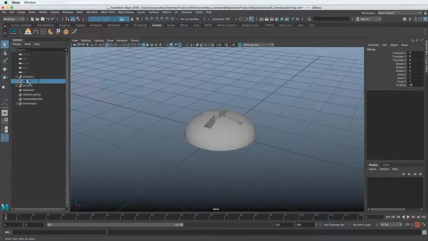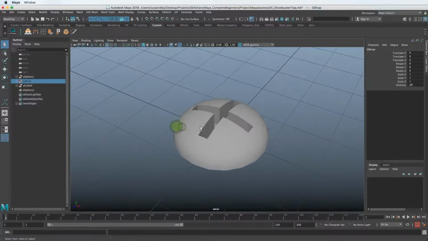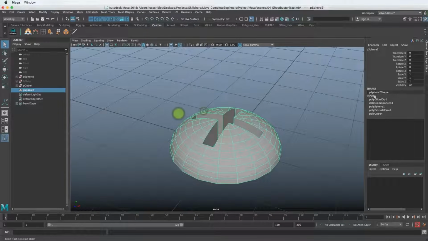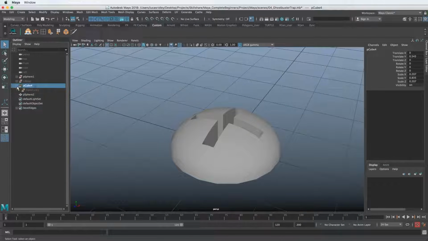And also, now that we're looking at the outliner, you can see it creates all this history when you do a Boolean. If we look at the input over here, we deleted the faces, so it says delete component. We extruded, it's combining the inputs from the two pieces, and then you have this Boolean. So it gets really messy, and then it creates these empty shapes.